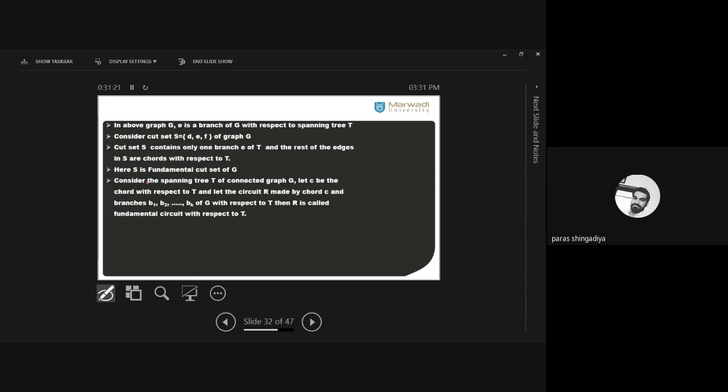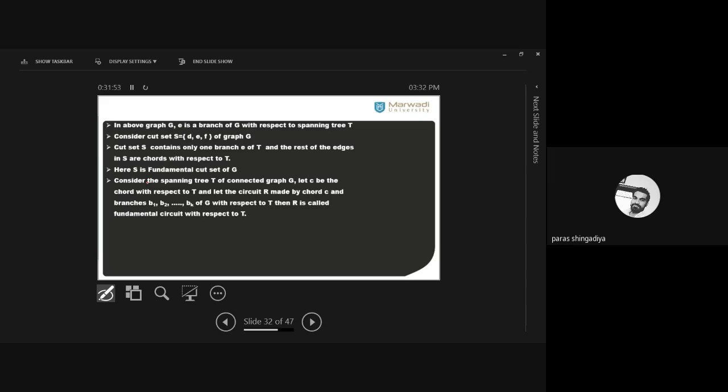Then you have to define such a closed walk in the graph, and in such a closed walk you have to involve only a single chord and the rest of the edges should be branches. Here you do not predict the cut set. Cut set means the graph is disconnected. Consider the same graph right now. Then check how many closed walks you can predict, and in such closed walks whether we cover only a single chord and the rest of the edges are branches or not. If it is possible, then such a circuit is known as a fundamental circuit.